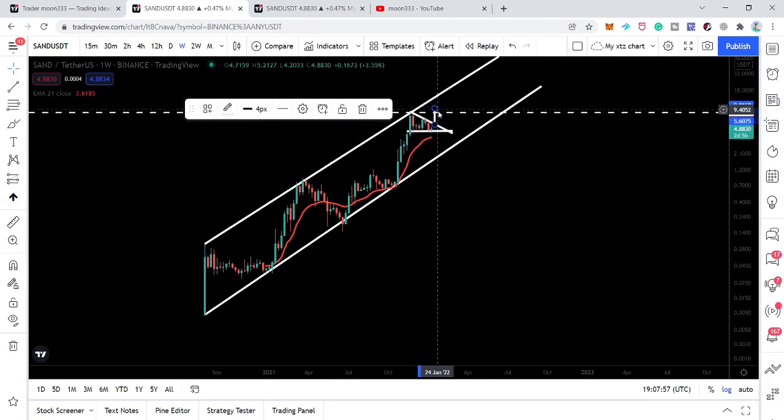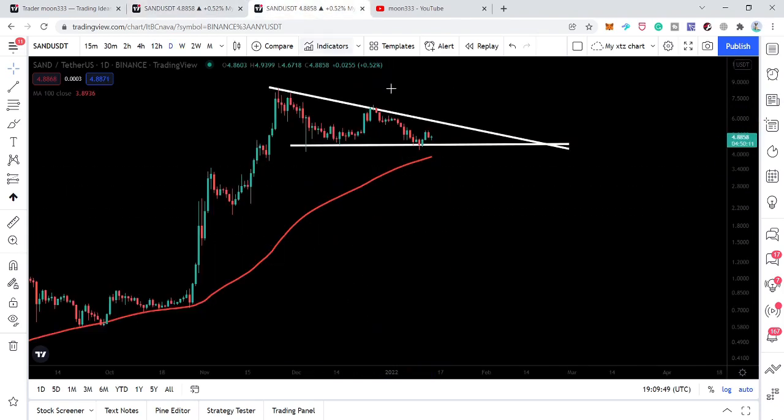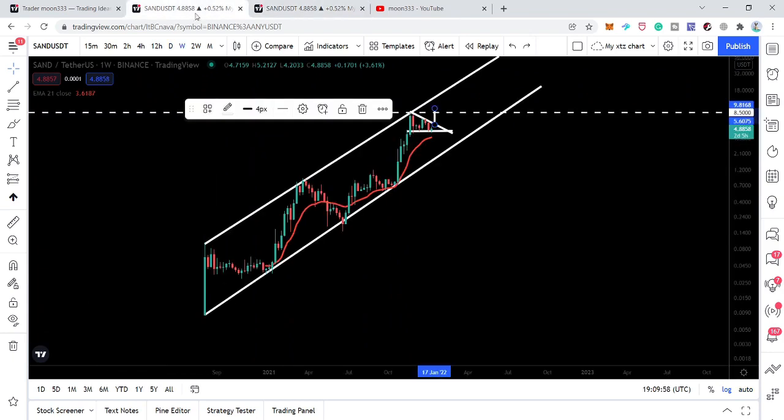Now, for example, if the price line is able to break out of this price level resistance, then it can use this level as a support. And before the next move, it can accumulate above this support, and it can make another attempt to break out of the resistance of this big channel. So the next few days will be really, very important. Unless this support of the triangle is broken down, we can have a very, very positive hope that the price line can set a new all-time high, or it can at least break this resistance, that is $8.5.